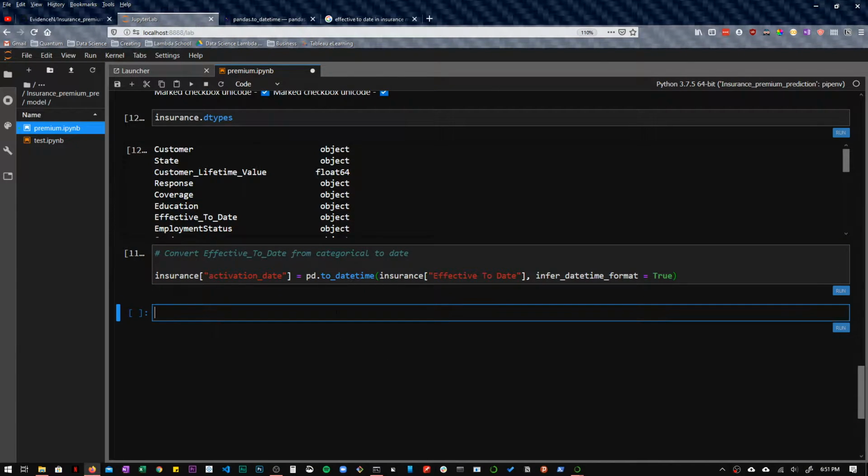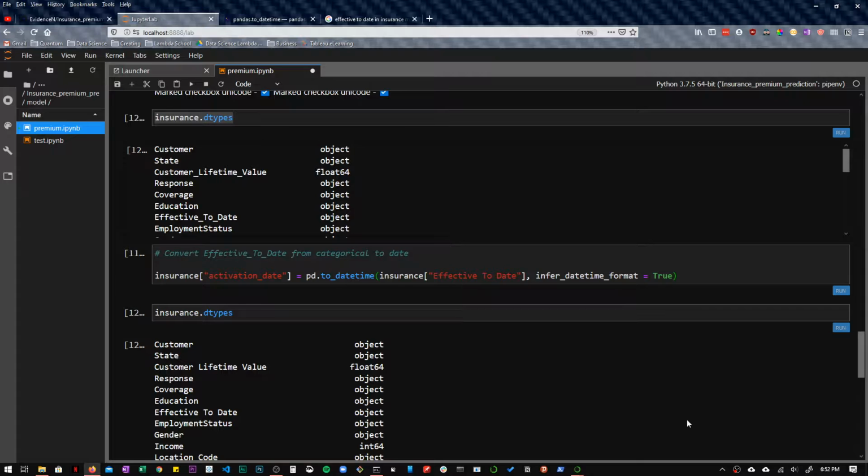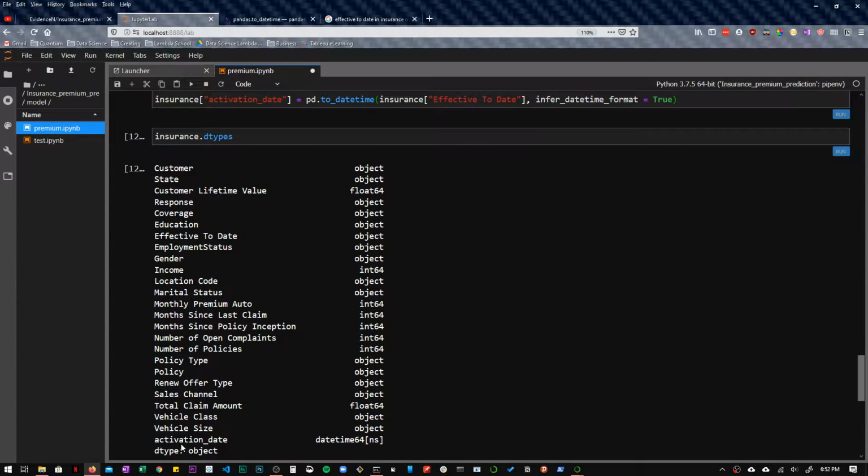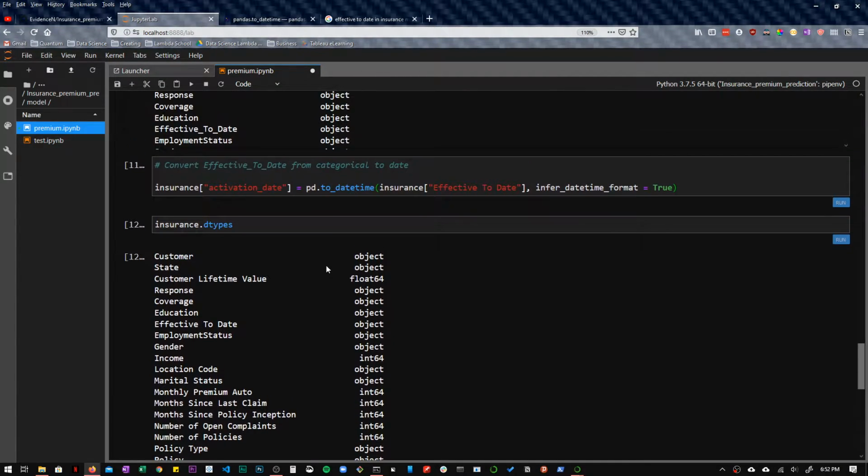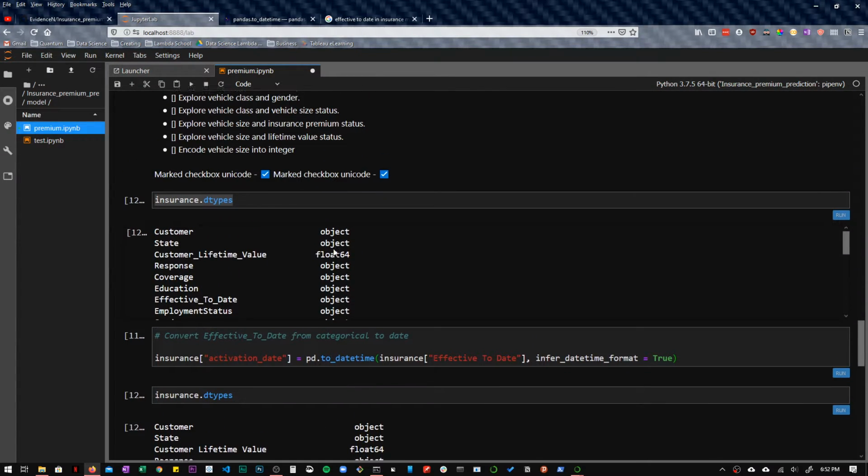All right, it works. And just to verify it works, we could just copy this again here. So now we have a new column called activation date. That is a date time format, and this activation date should be the exact same information found in effective to date. So let's see, effective to date. And just to verify this information real quick,